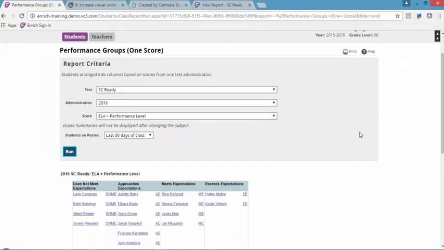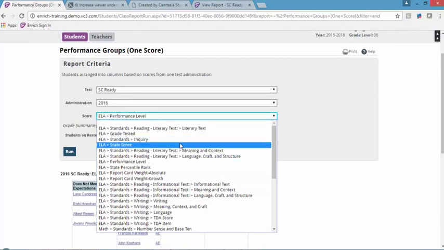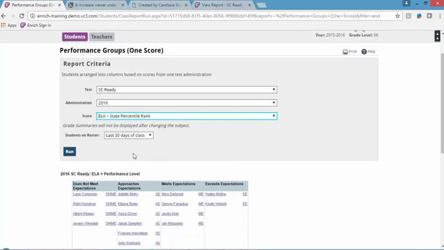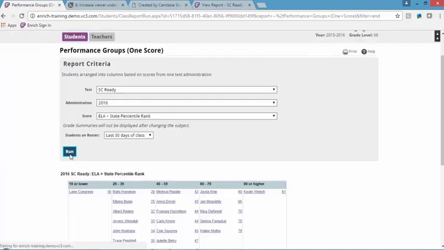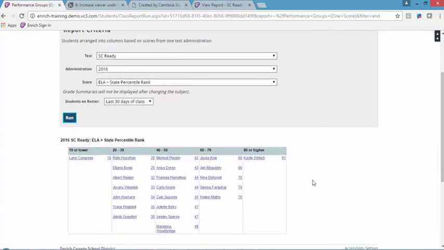Now I can choose different scores from my score list. After looking at performance level, I may choose to pick a different score, let's say scale score or percentile rank. Now those two, keep in mind, are numeric scores. So if I choose percentile rank and click Run, Enrich will do its best to determine what the column ranges